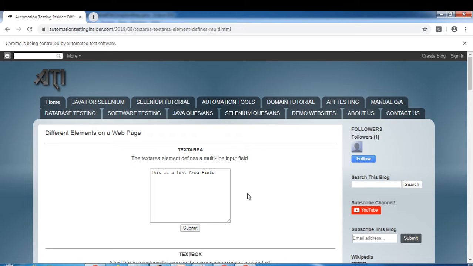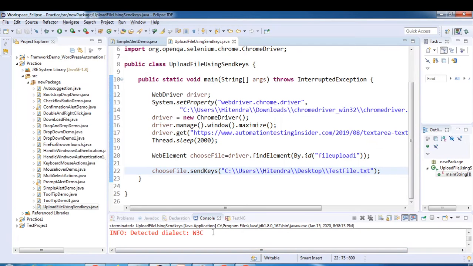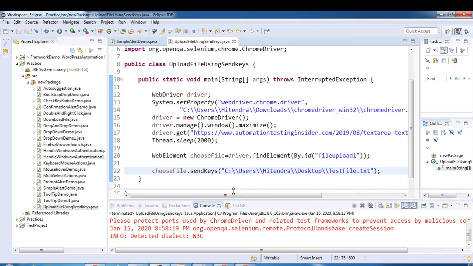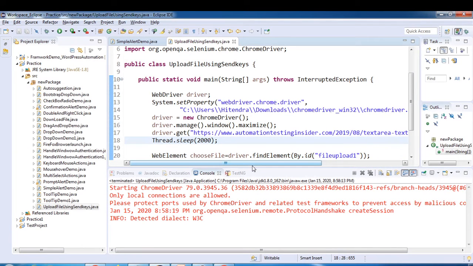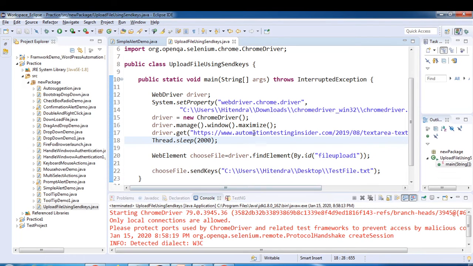I think something went wrong. Let me just see. We do not see any error over here. I think we are not able to move to that element,